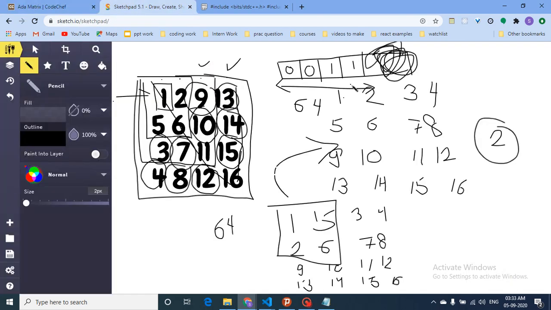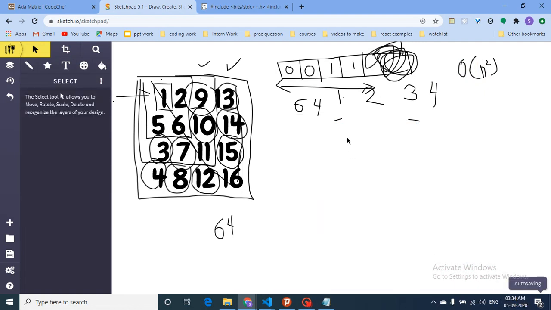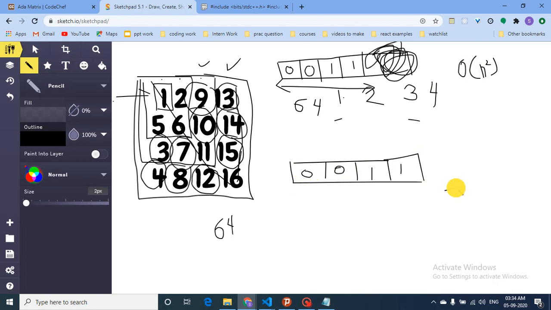Now if I do some O of n operation on this array, it's fine, because the length is very small. So what I can do here is take this array, I can again draw this out. This is like 1, 1, 0, 0. Iterate over from right to left.